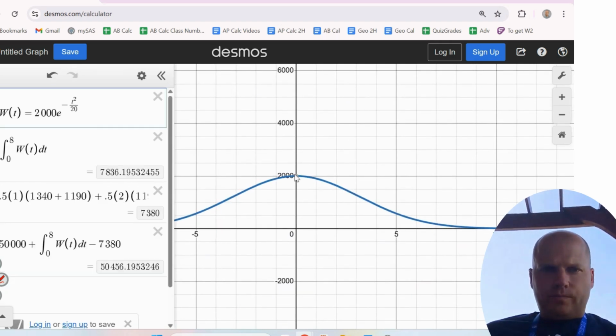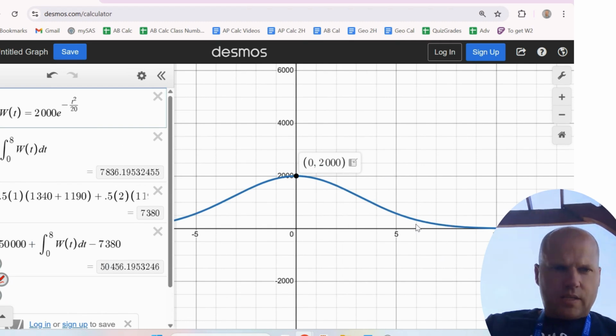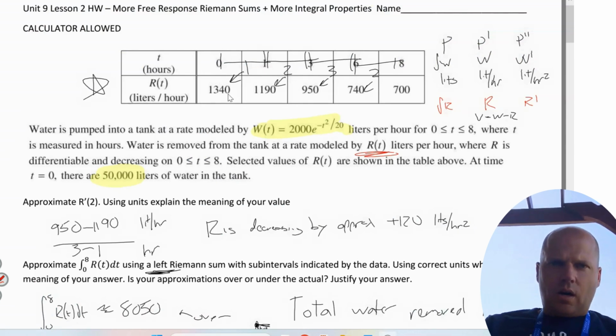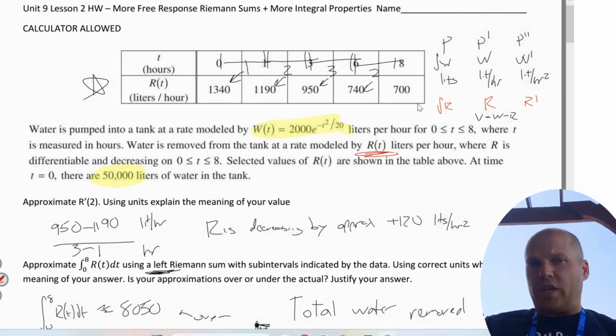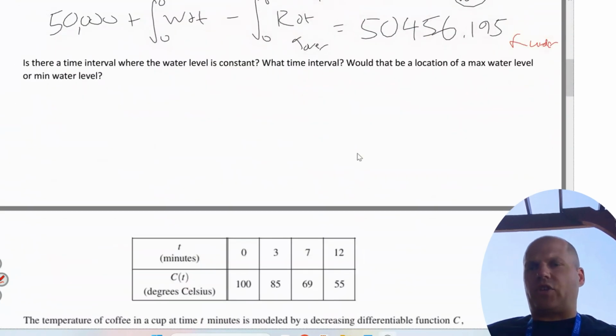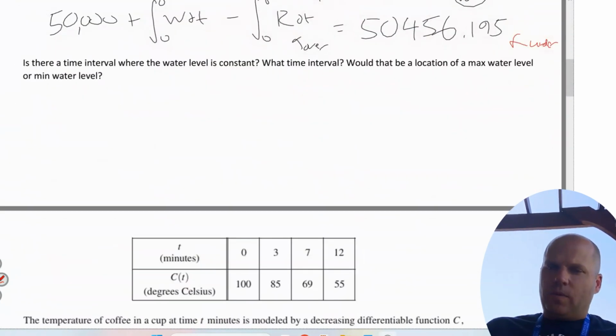Cool. W starts at 2,000, and then at 8 gets to 78. R starts from 1340 and gets to 700. So you kind of think about it, and this is kind of what you're going to describe, is that